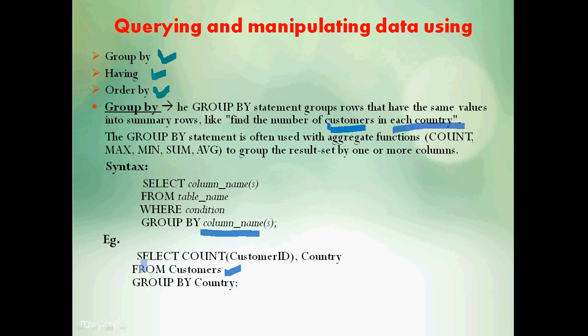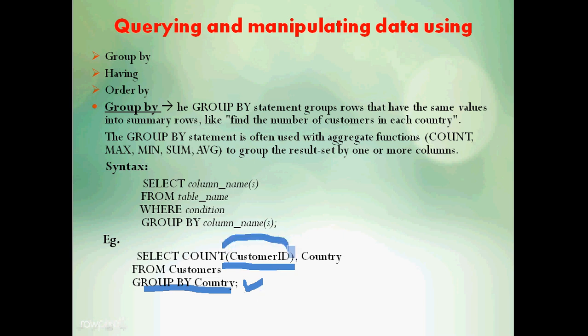So we can use the command select count of customer ID. You can just say count of customer ID or count of customer name, etc. You can specify any attribute inside here, there's no issue. But it will give you the number of customers. When you use it with a group by clause, country-wise groups are created, and in each group it counts the number of customers. That is how it works.